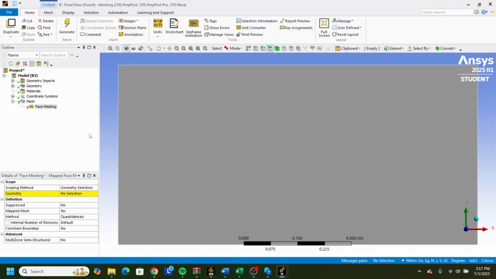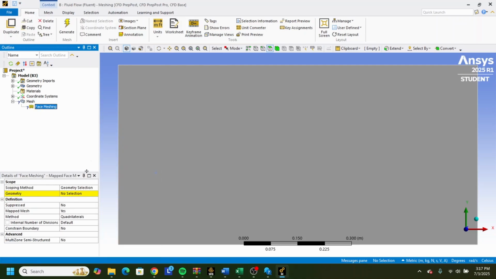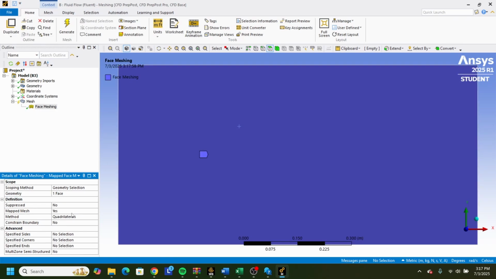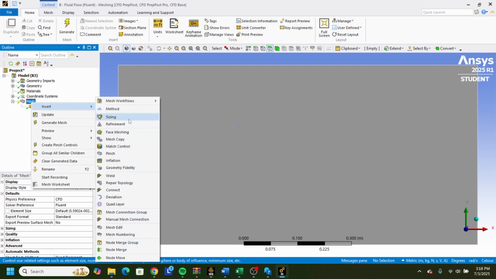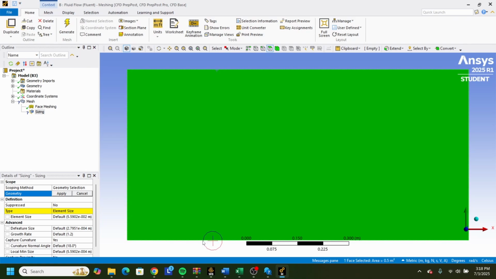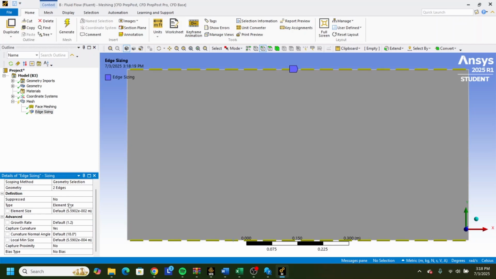So this is the meshing part of the Fluent project. So what you want to do now is you want to right click insert face meshing, or did you accidentally put one already in here, but it should show up, and then you want to click that, click on apply, and yep, and then what you also want to do is click on insert sizing, click on the top, and click on the bottom, actually edge sizing. Right, yeah, click on edge, apply, element size,